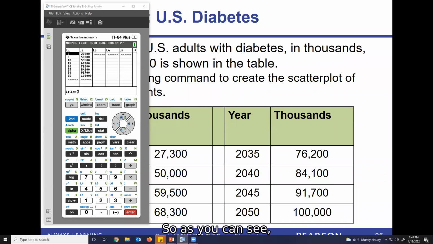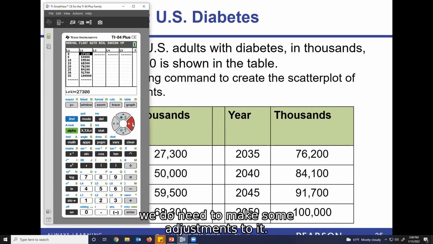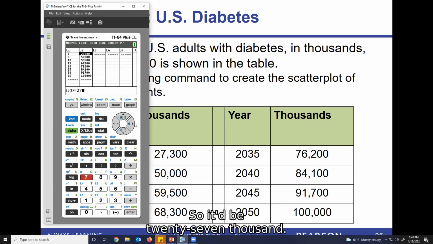So as you can see, list 1 represents those years, but again, we always do that kind of realignment. And then list 2 is going to represent our money. Now, again, just be careful. Is it asking it to be in thousands, or is it actually asking to be written fully out? If it's asking for it to be written in thousands, which you can kind of see here, we do need to make some adjustments to it. And so it would be